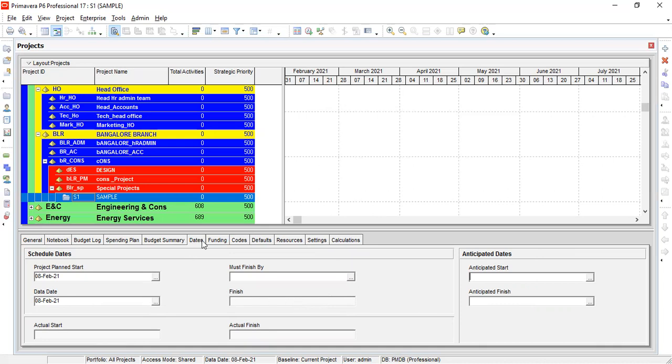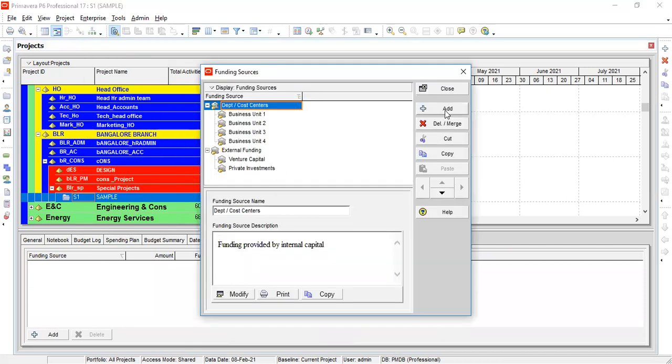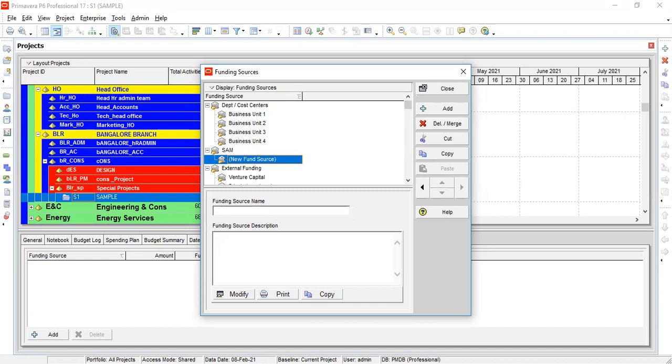Okay. And then funding. Here go to enterprises, funding sources. Here add a funding source. Sample. Here maybe 2 or 3 types of funding, maybe loan or financing.